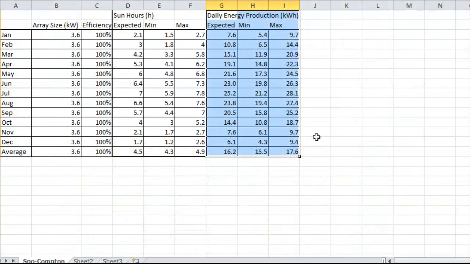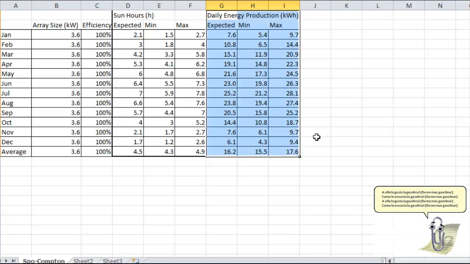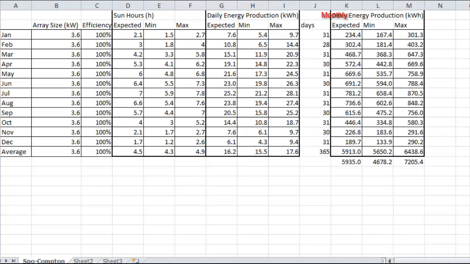Now that we've got daily expected, minimum and maximum performance on a monthly basis, how much energy will this array produce in a year? Clippy can help you get this data by simply multiplying the daily outputs by the number of days per month and then just summating the values. In this case, if every day per month behaved exactly like the average, you'd expect the same 3.6 kilowatt array to output 5,935 kilowatt hours. If you had an unbroken string of bad luck for 365 days, after all, you are living in Spokampton, your system would only produce